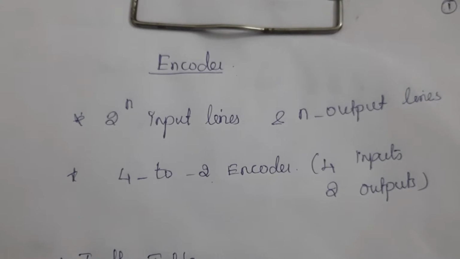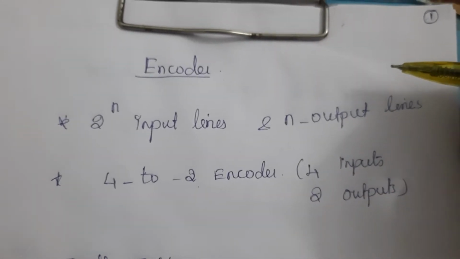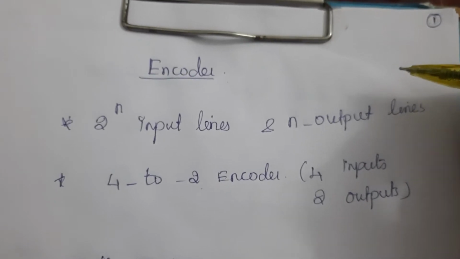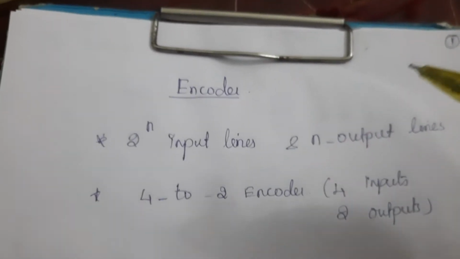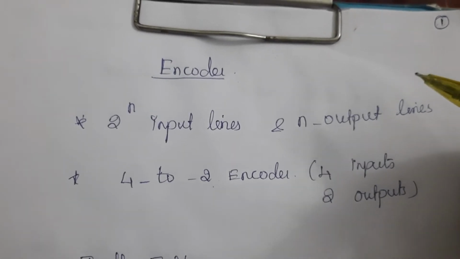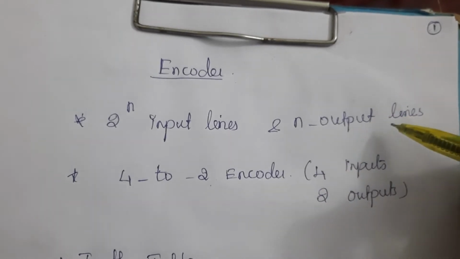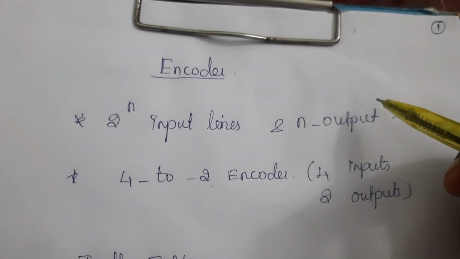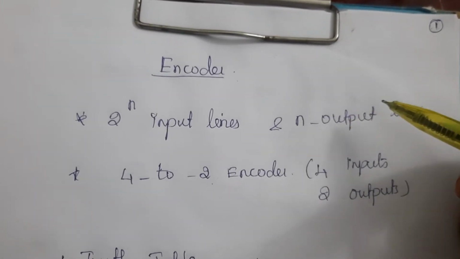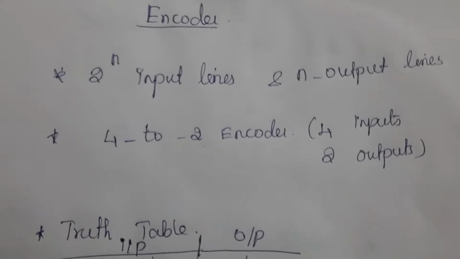In this video we are going to see about the encoder circuit, and also we have to write the code for this encoder using three different modeling techniques. So first, what is an encoder? What is the purpose of this encoder? An encoder converts 2 power n input lines to n output lines. So this encoder circuit has 2 power n input lines and it generates only n output lines.